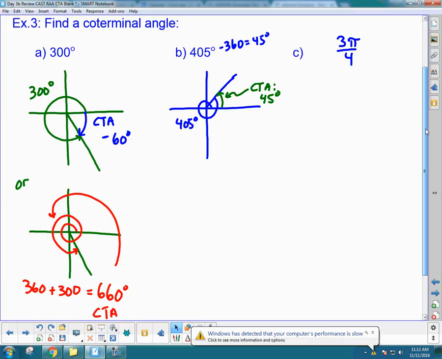Now if we're looking for other ways, more coterminal angles in the same spot, well, I could have rotated backwards. If I know that this is 45, then this one rotating backwards would be 315, except it would be negative 315 degrees. There's another coterminal angle. And in fact, I could have rotated all the way around. I could have started here, rotated around once, and then around again, and that would get me another coterminal angle. Obviously much bigger. I think that one you rotate around is 360 degrees plus another 315, and we end up with